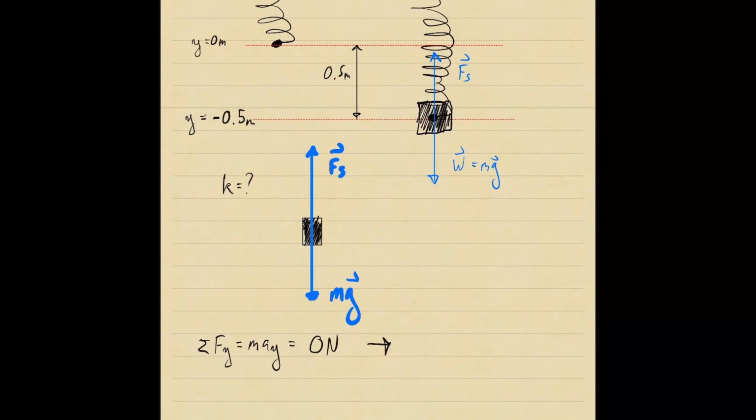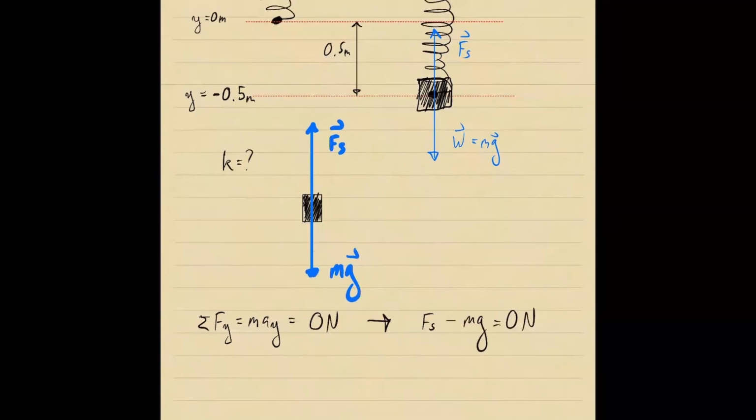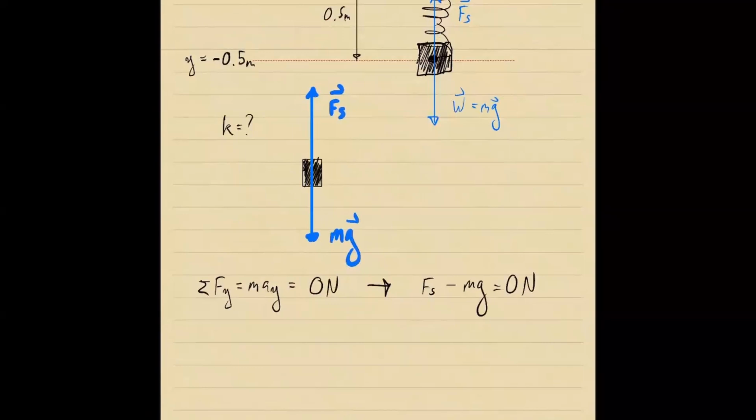Now, in this case, we have the magnitude of the spring force pointing up, and then we have the weight, mg, pointing down. It's going to be equal to 0 newtons. So we know that the magnitude for the spring force is going to be equal to the magnitude of the weight,